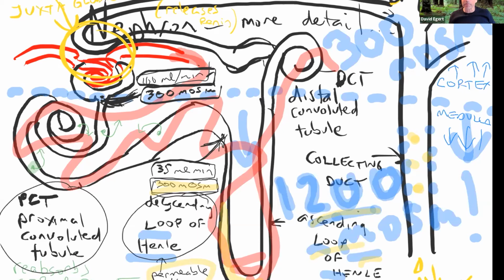That's why I keep trying to say, think osmosis, you want it to be intuitive. If it's really salty outside compared to inside, there's a high osmotic gradient and the water is going to move towards where it's super salty. So the water leaves, which means by the time we get to the bottom here,